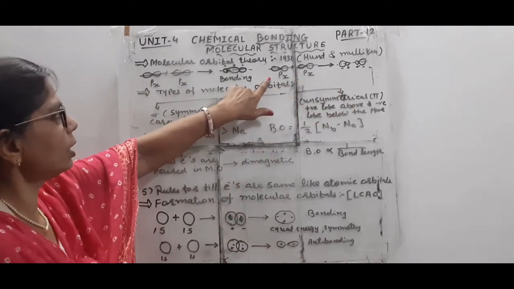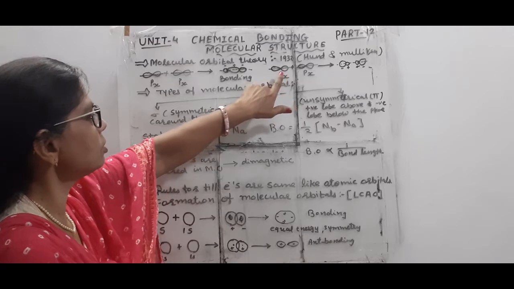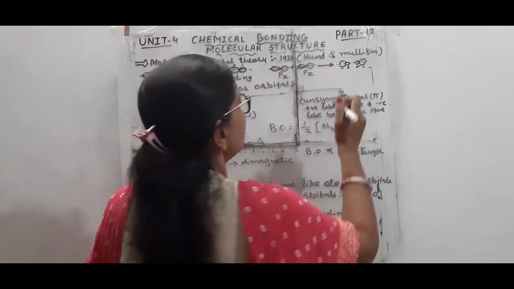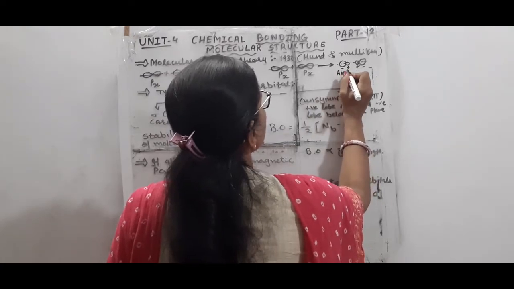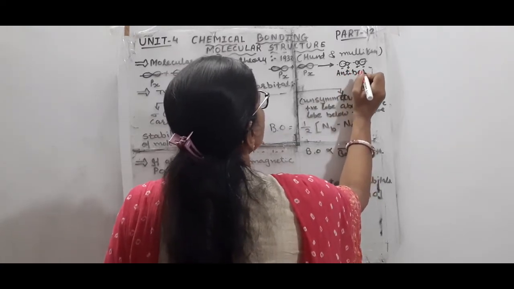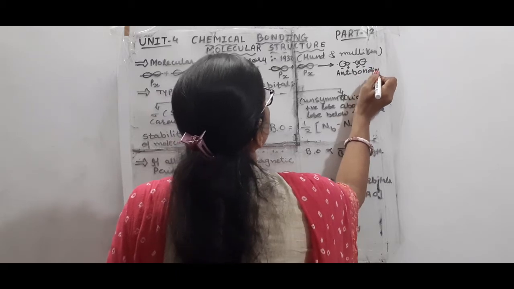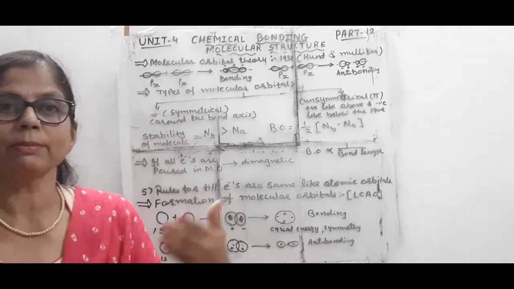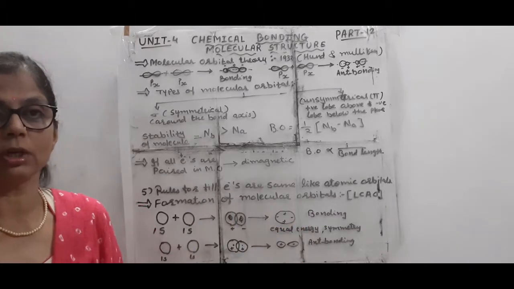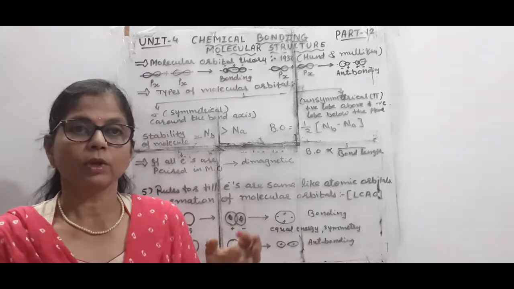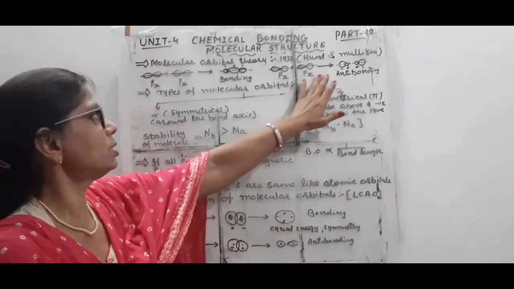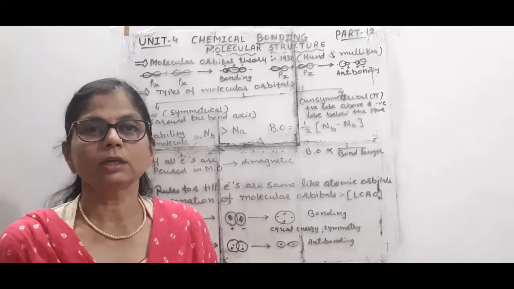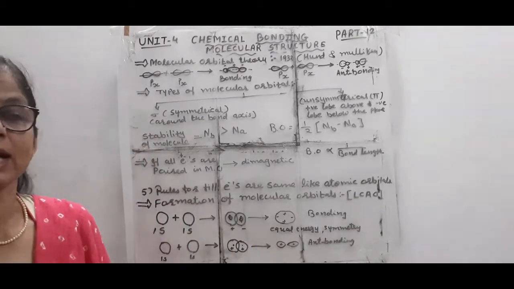So that's why here you can see this one lobe with the positive sign, another lobe with the negative sign, and they both will be separated. So this is our antibonding. And on the basis of this, students, the types of molecular orbital are symmetrical and unsymmetrical. In unsymmetrical, positive lobes and negative lobes, as you can see, are above and below the plane. That's why they are said to be unsymmetrical.